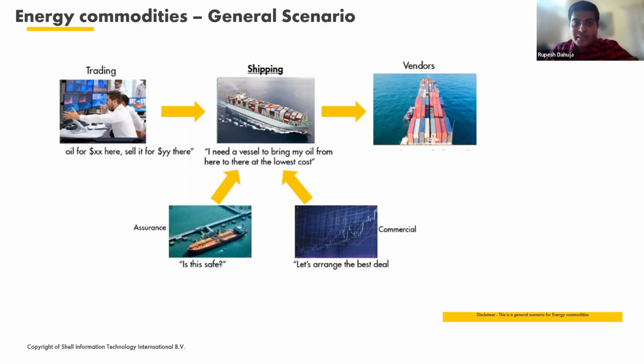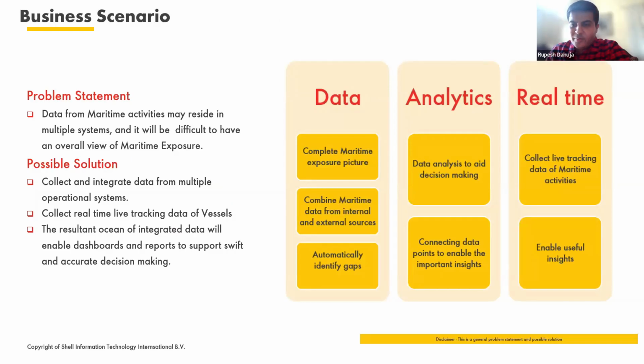So all in all, these 5 boxes you see on the screen are kind of 5 departments, and they work together to carry that energy commodity, which is oil in this case, from place A to place B. As we have seen on the previous screen, we interact with multiple systems, which also means that our data could be scattered in different groups or different systems. One general scenario is that because multiple systems are interacting for a shipping scenario, data is scattered across them, and if we have to get an overview exposure of maritime,